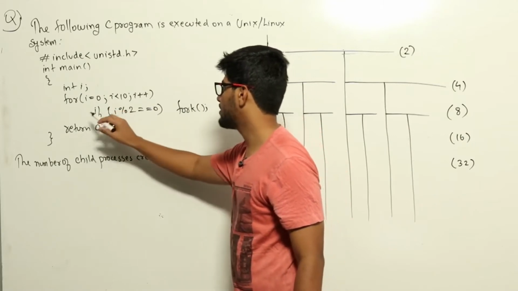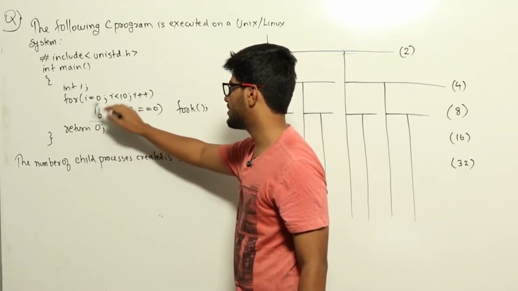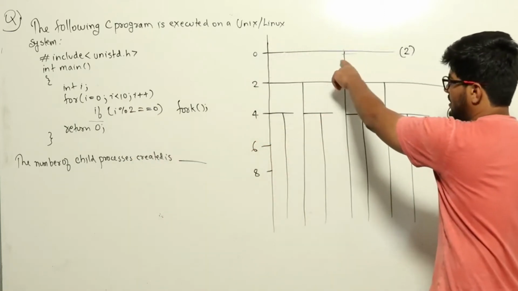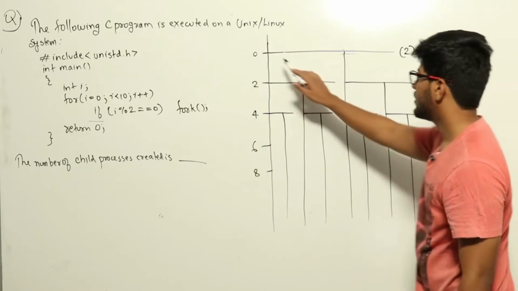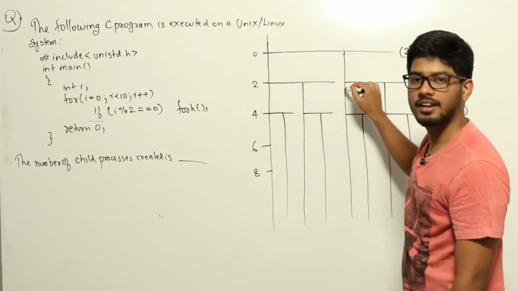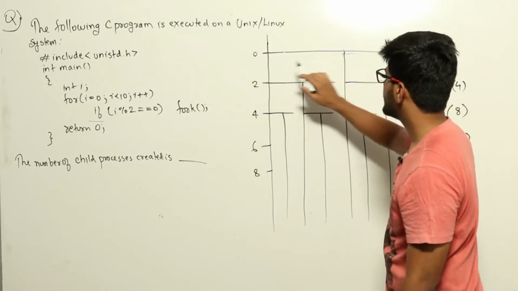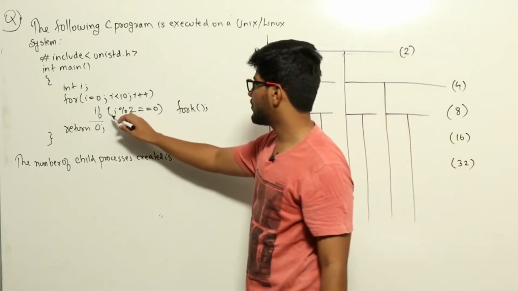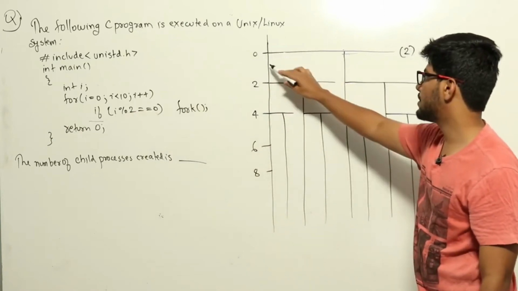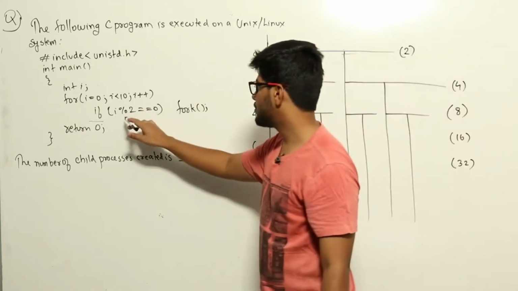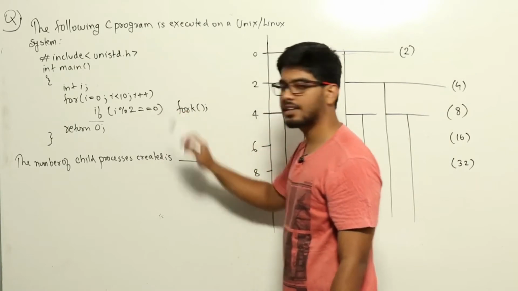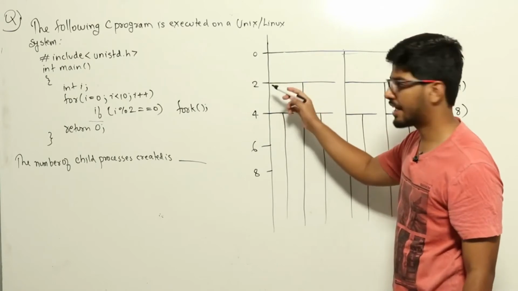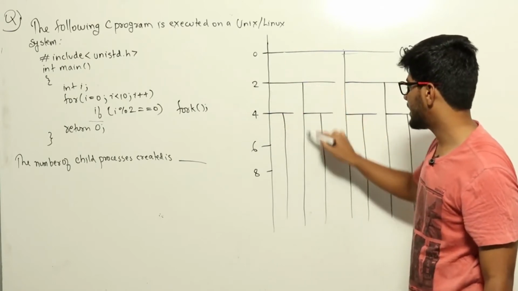but this fork statement is already executed, so both the processes will continue only from this part, that is it will make i equal to 1 and then continue the loop. So this process won't split any more children immediately. At 0 the main process will create one child process and then that's it, then we will continue execution. At i equal to 1, i is not even, so neither of these processes will be splitting any more children. i equal to 2, i percentage 2 equal to 0, that condition satisfies. So this process, the main process we had, will call fork again,